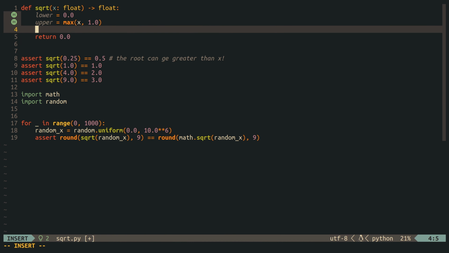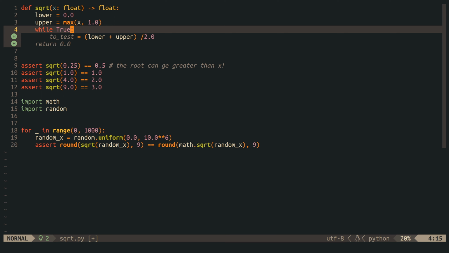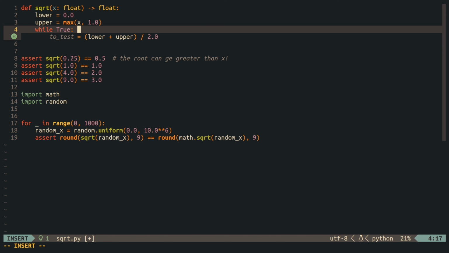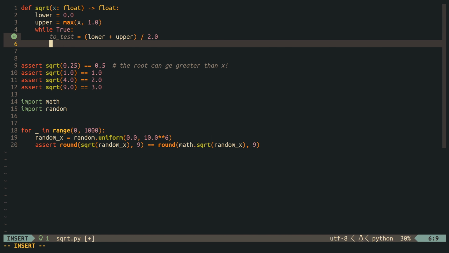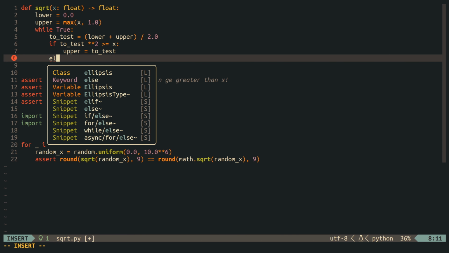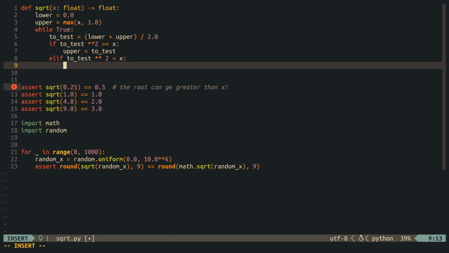The second step of the implementation is to add the loop that we will be using to narrow down our search interval by either updating the lower boundary or the upper boundary. To decide which of the two boundaries has to be updated, we take the square of the middle of the current search interval. If this value is greater than or equal to x, we know that we have to reduce the upper boundary because the middle is already greater than the square root that we are trying to calculate. On the other hand, if the value is less than x, we know that we have to increase the lower boundary because the middle is still less than the square root we are trying to calculate.